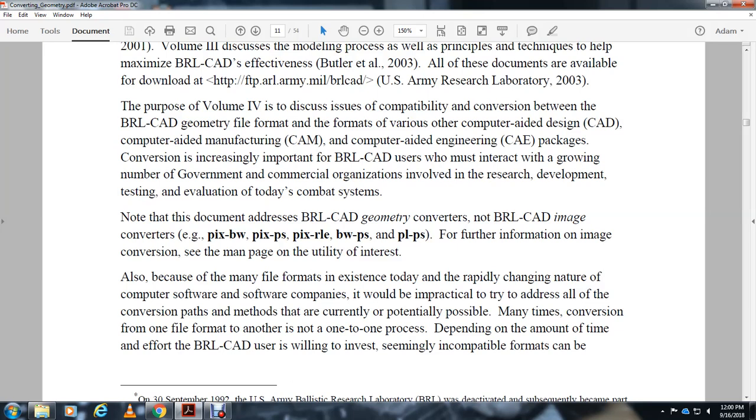We cover many of the formats, but it is not exhaustive, given the rapidly changing nature of computer software companies. It would be impractical to address all of the conversion paths and methods currently possible. Converting from one format to another is not a one-step process. Depending on the amount of time and effort the BRL-CAD user is willing to invest, similarly incompatible formats